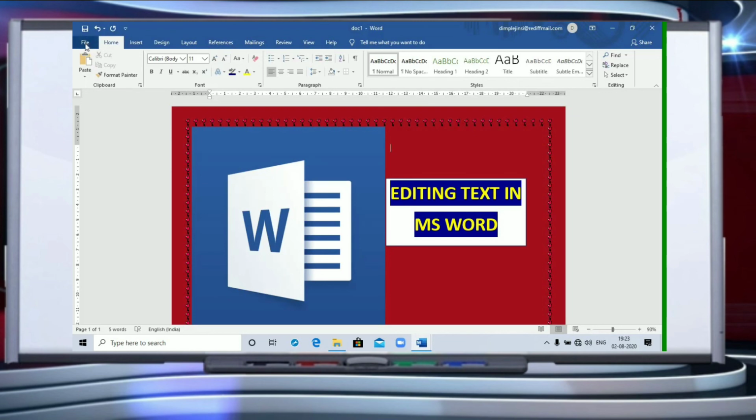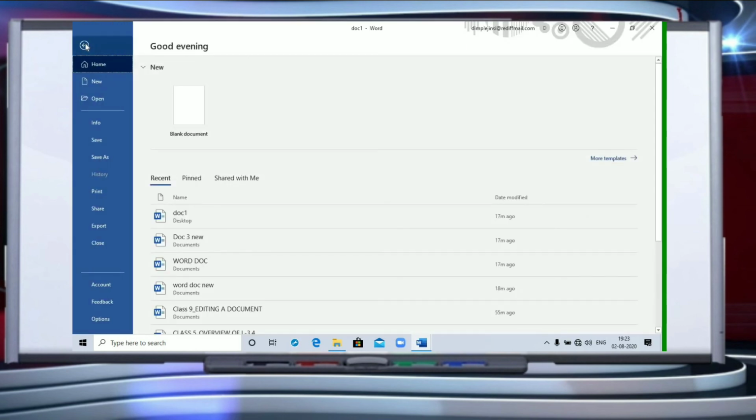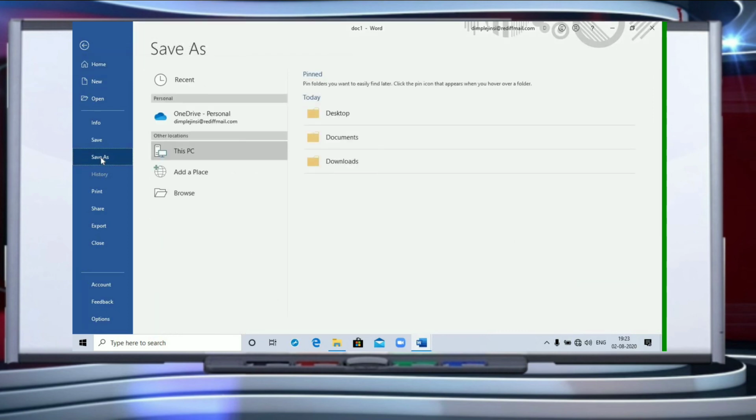We don't have to understand much, only a few things that I'm going to tell you today. I told you about File, and in File there are some other features also. Suppose my document is already here and I want to save it. I'm going to go to the Save As option. It is going to ask me where I have to save my document. I am going to go to Documents, give a name to my file, and keep it saved in my Documents with that name, right?